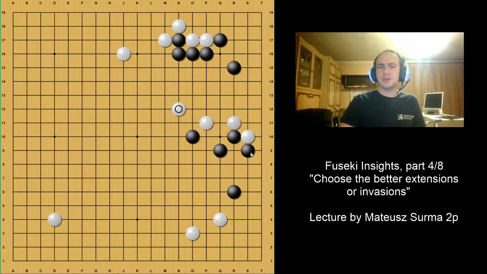Here this exchange normally is played so that later when black will want to make white heavy, in case without this exchange like this, when white played here, white probably would be interested in connection, but later it's possible to cut. And when we have a shape like this with this exchange here, and later when white decides to play